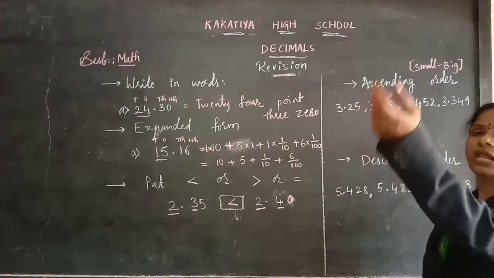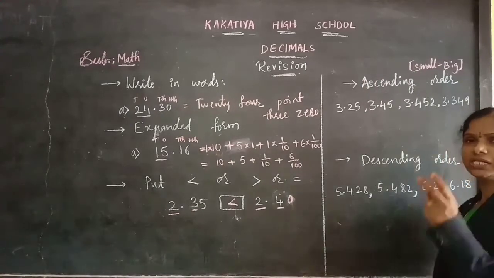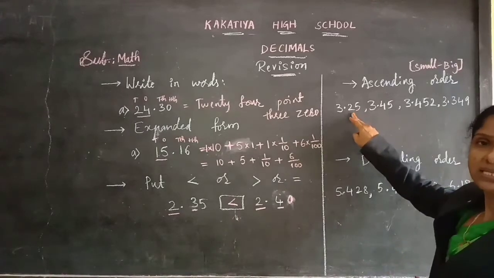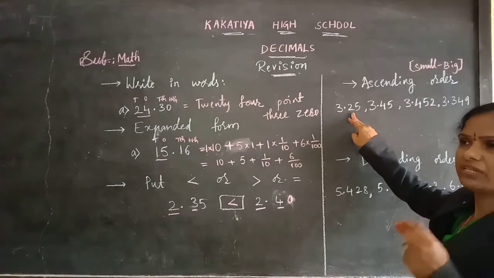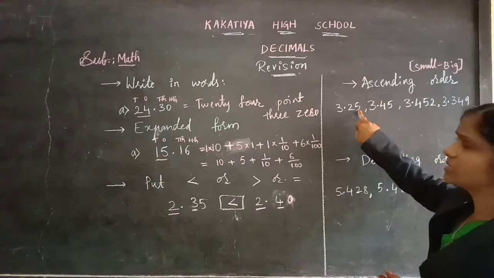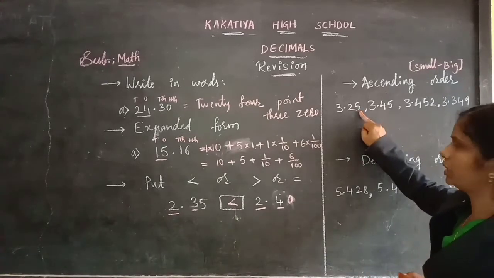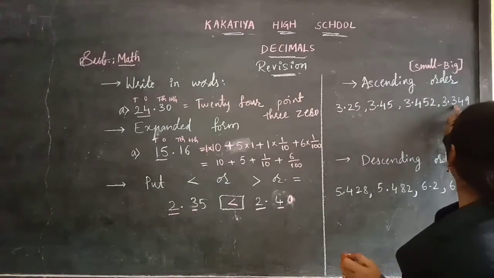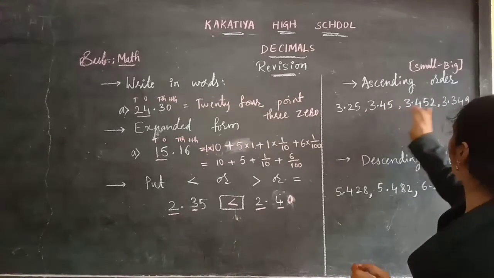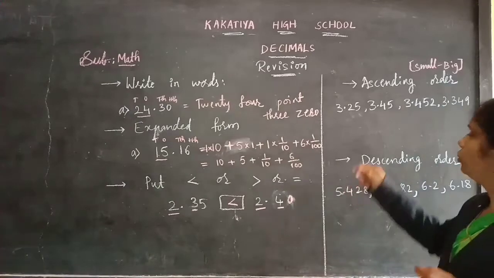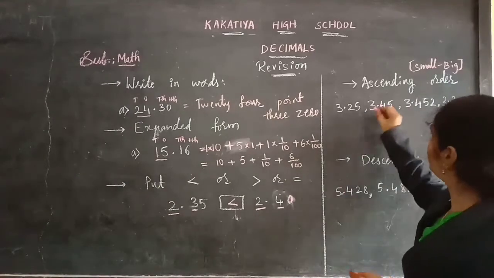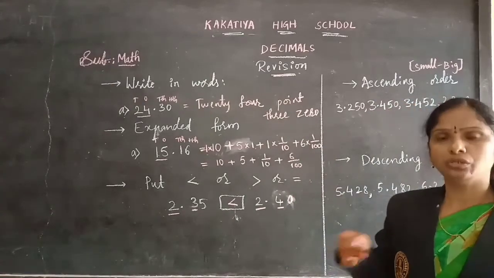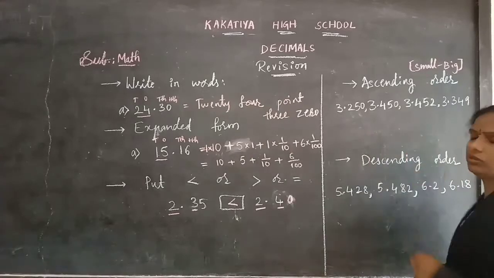First, here also it is comparison only. First you need to change the given numbers into like decimals. Check whether all numbers have the same number of digits in the decimal part. Here we have 2, 2, and here we have three digits. So to change into like decimals we need to keep a zero in the first number and a zero in the second number. Now I have changed them into like decimals.